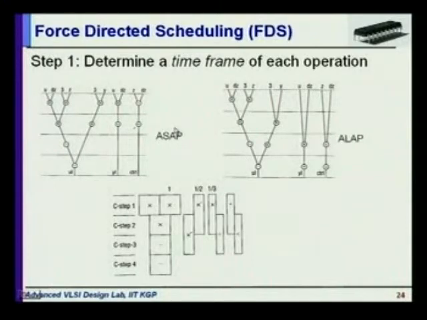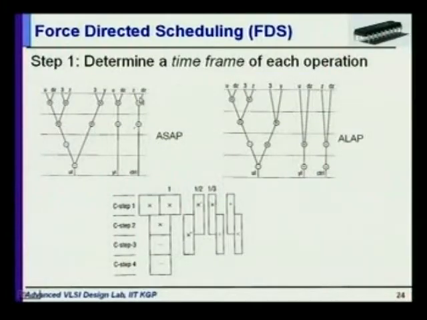In the basic idea of force directed scheduling, your time frame is given. You have to execute these operations within this, and let's consider that DFFQ example. Let's assume it's specified that you have to execute this operation in 4 time steps. So now you have to minimize your function units within those 4 time steps. It takes the ASAP solution and the ALAP solution and then computes this.